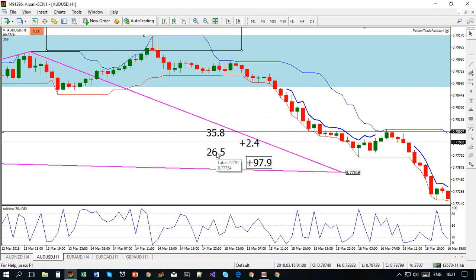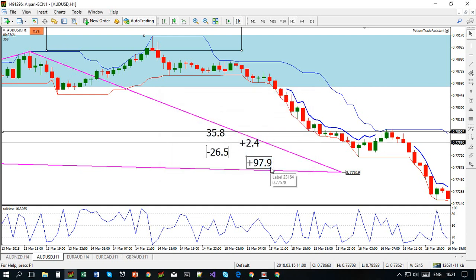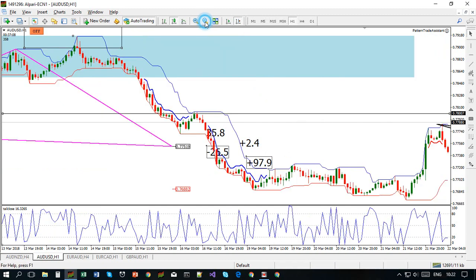Okay, 3 results. I should type it as minus. Okay, minus. 3 trades within this pattern. Minus 26, plus 2.4, and plus 97.9. See that? Okay, based on my trading